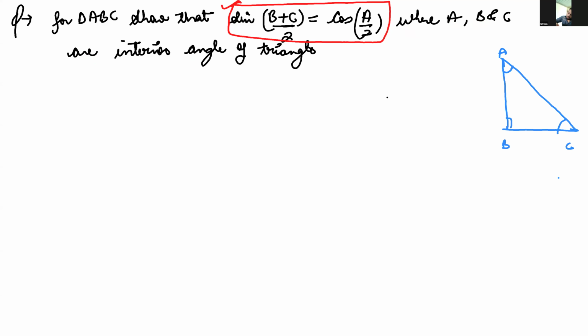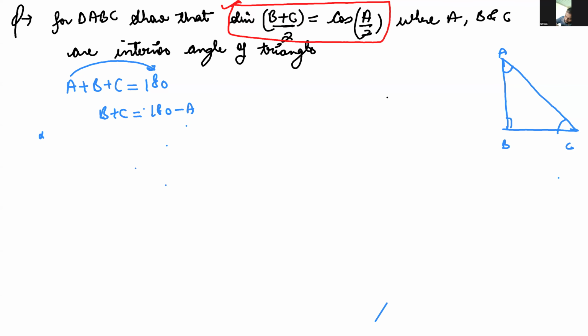Now, because it is an interior angle triangle, the interior angle property will be there, like A plus B plus C is equals to 180. Yes or no? Now here sine has B plus C. So what I will do? I will send this A to the other side, it will become B plus C is equals to 180 minus A. Yes or no? Now I have to do B plus C upon 2.